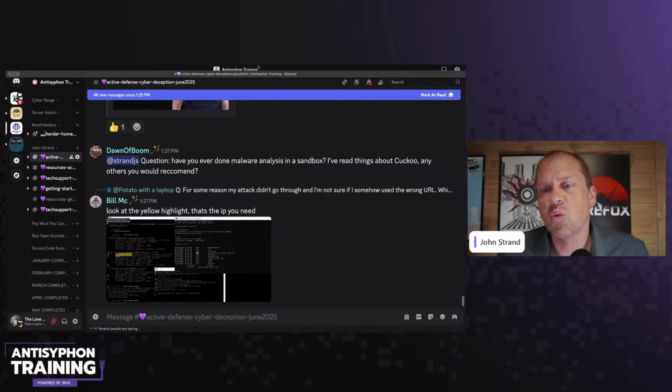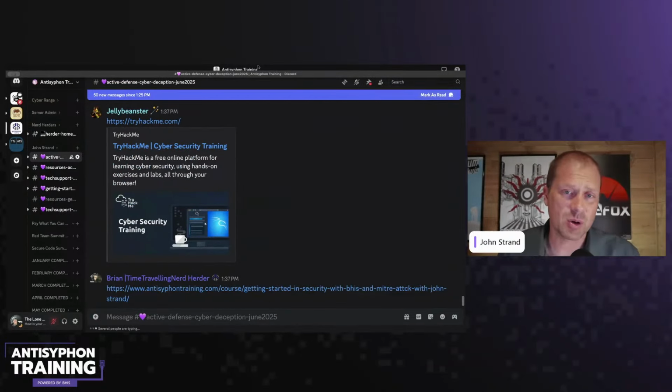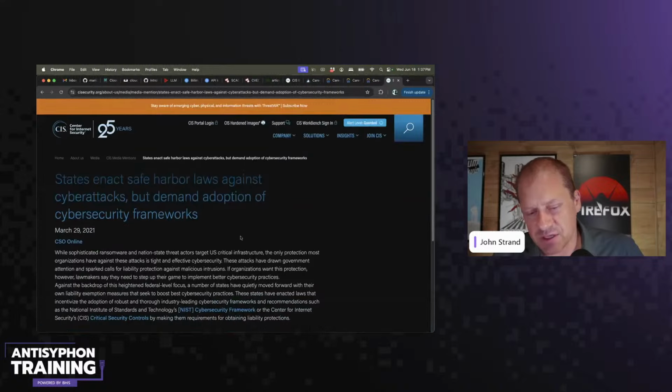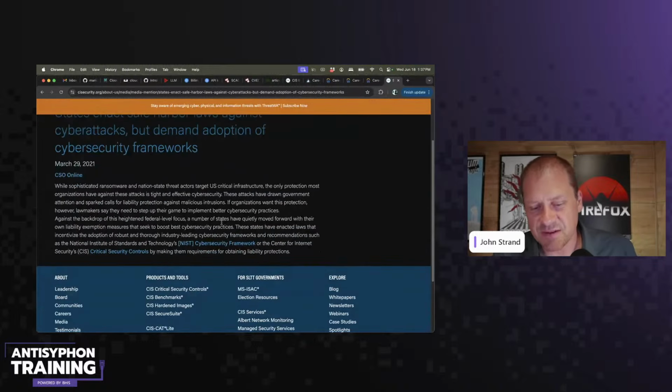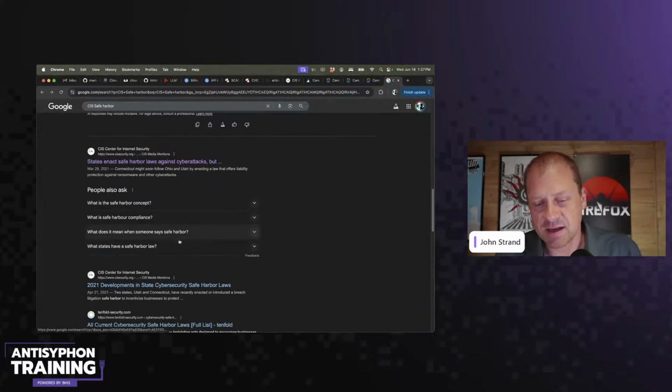In my opinion, what could change in cybersecurity legislation to address options for response to cyber attacks coming from the outside? One of the things that I would like to do is really push the idea of CIS as this concept called safe harbor. There have been a number of different states that have incorporated that. A number of states are implementing safe harbor laws that basically say, if you implement a reasonable level of security from the Center for Internet Security, or if you're looking at NIST guidance,